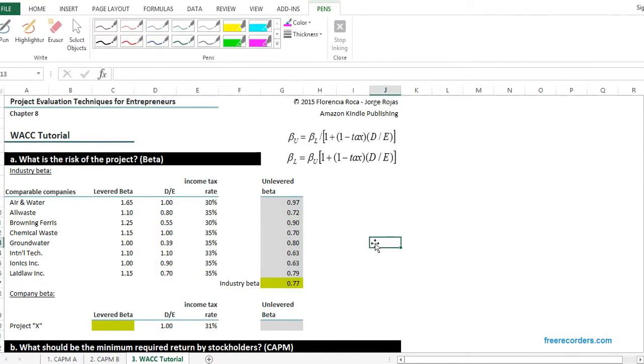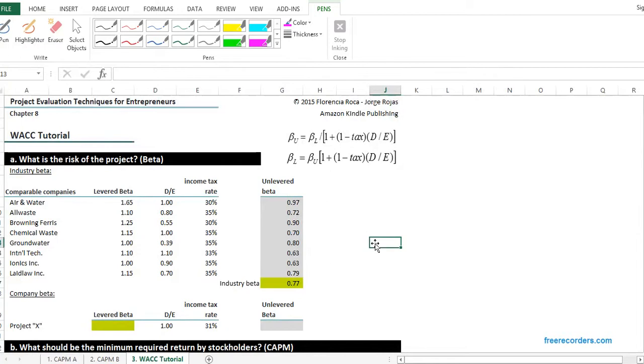Okay, 0.77 is the business risk of this activity. So what we have here is, suppose I have an investment project or startup, which is, of course, not traded in the market. What I can find here is approximately the risk of the activity I'm going to get into. So this methodology, well, it's not perfect. It's not completely accurate, of course, but it gives us an idea, especially for projects where we're not going to have